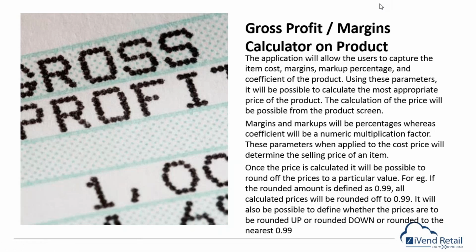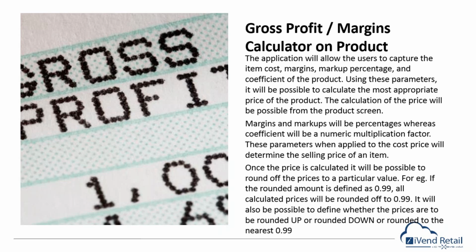Just to give you a brief idea about gross margin, the application will now allow the user to capture the item cost, margin, markup percentages, and coefficient of the product. Using these parameters, it will be possible to calculate the most appropriate price for the product. In the product set, you can set the existing cost, the expected cost, the margin that we are looking for, the markup percentage, and the end price on which we should be able to sell this particular product. The margins and markups will be percentages, whereas the coefficient could be a numeric value,